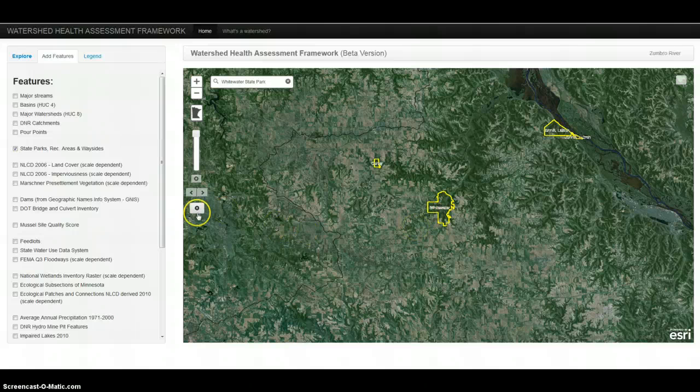So let's think about what might be connected to this particular unit that you may be charged with managing or just interested in. So let's see, by using this upstream tool and turning on the DNR catchments, we can look at what contributes overland flow to this particular location on the landscape. So if you click here,